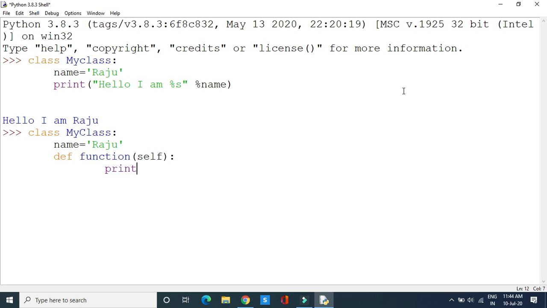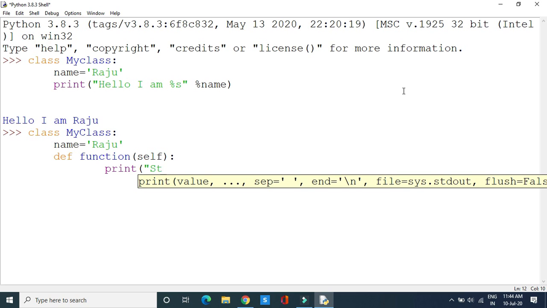And print: if the function inside the class is accessed from outside, then I need to see a statement, that is, statement from inside class, as output. Meaning when the accessing of this function by an object from outside the class is successful, you will see the output statement from inside class.